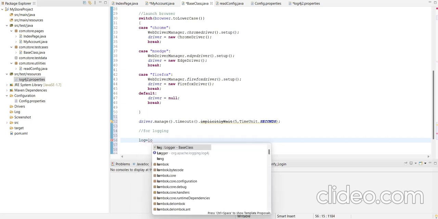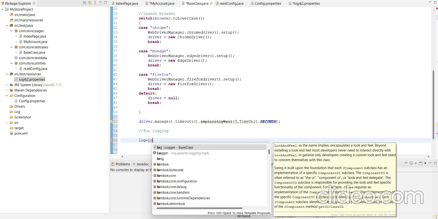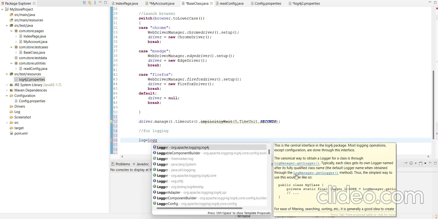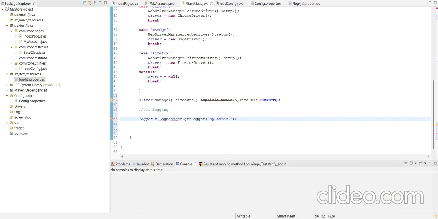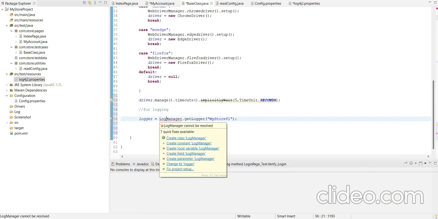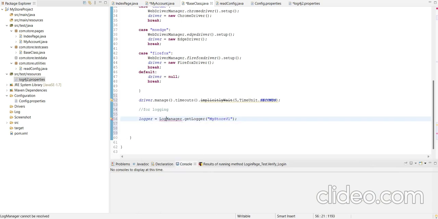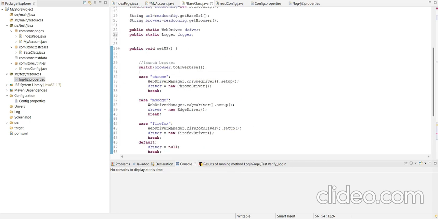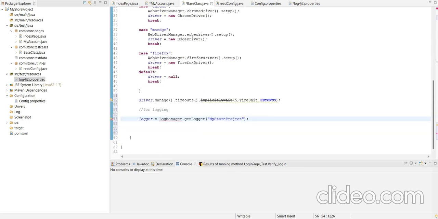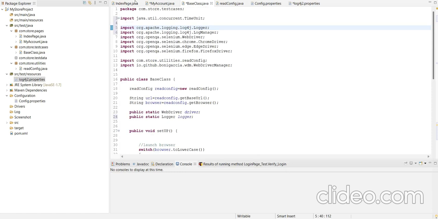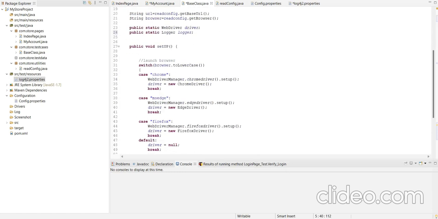Log equals LogManager.getLogger, and it will be our project name, that is my store project. Actually I had not imported the right package, that's why this error is occurring. So let me check. Now I imported the packages, that is log4j Logger and LogManager.